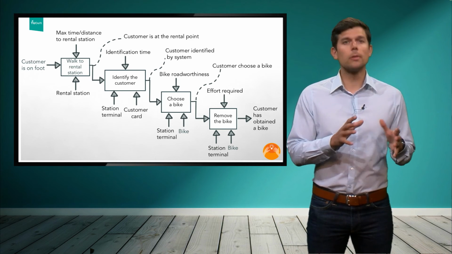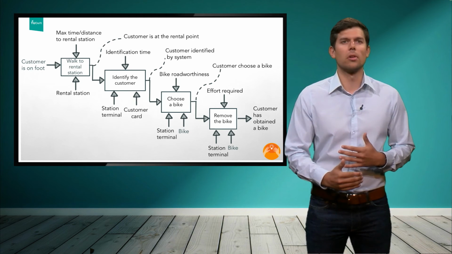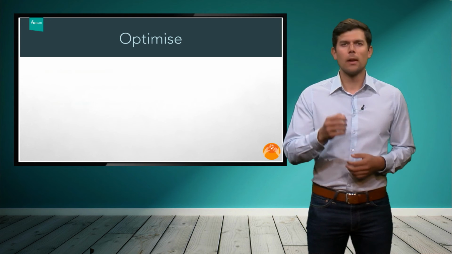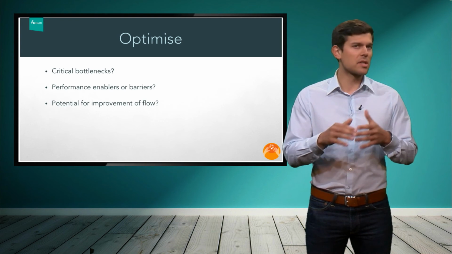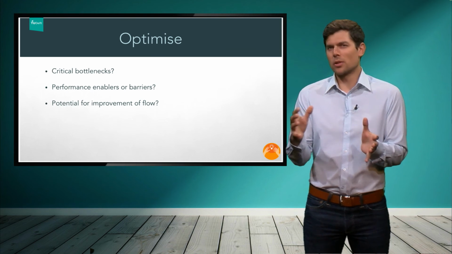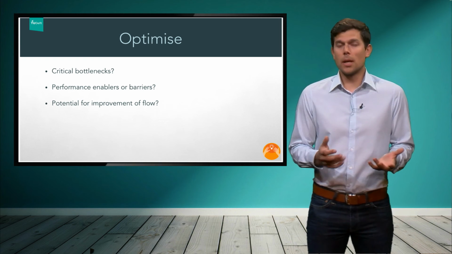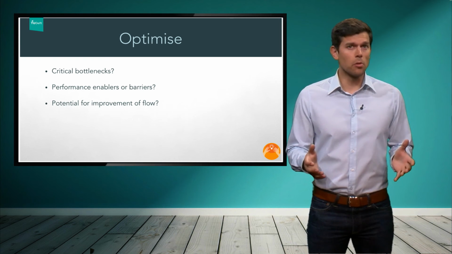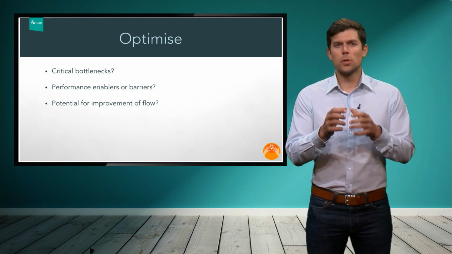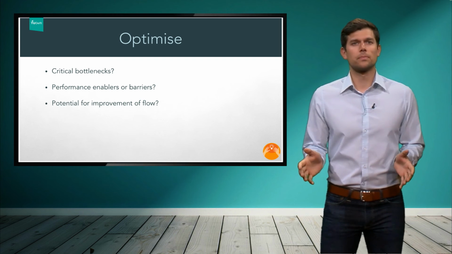When you have a final or somewhat final model, you can think about optimizing your solution as you go along. Start analyzing each individual box and ask yourself, are the same persons or the same equipment in use in different steps? Does that create critical bottlenecks in the current flow? Are there critical performance enablers or barriers? And if so, then try to resolve any potential problems. Can you, for instance, tweak the order of steps or the usage of equipment to make a better flow?